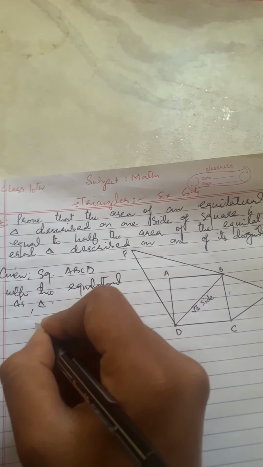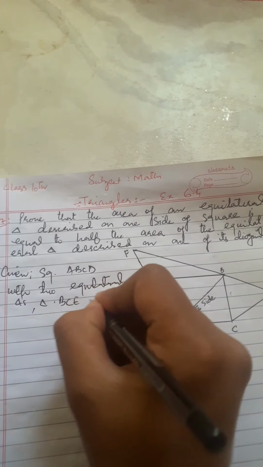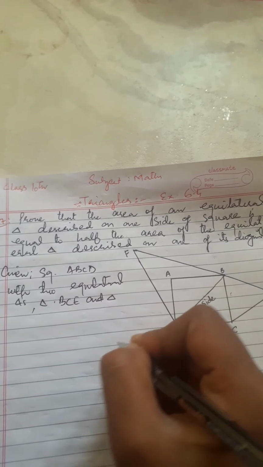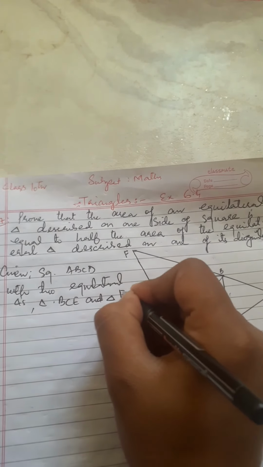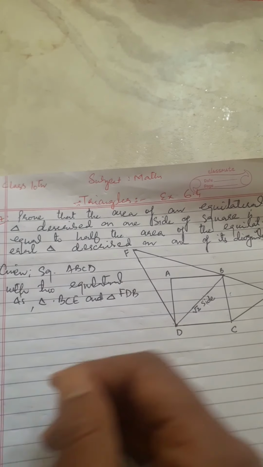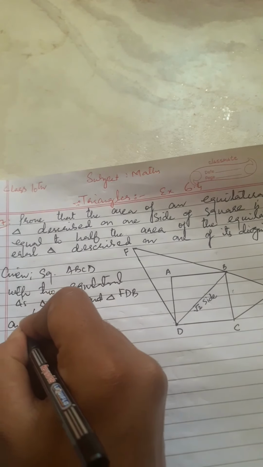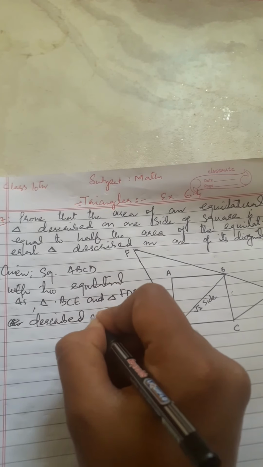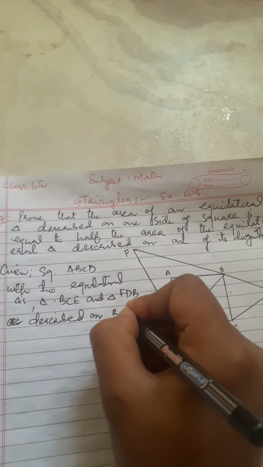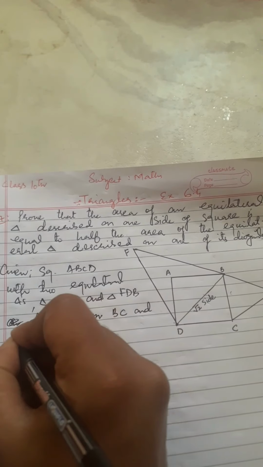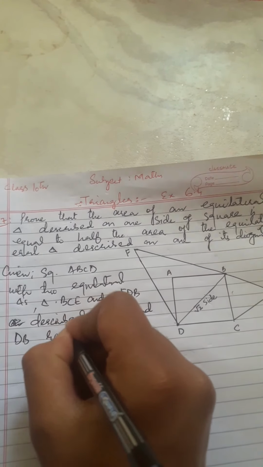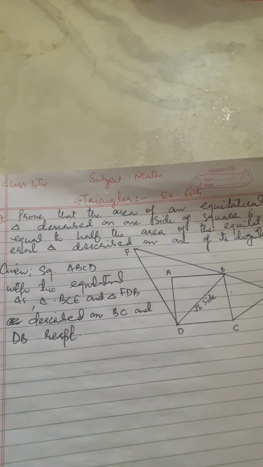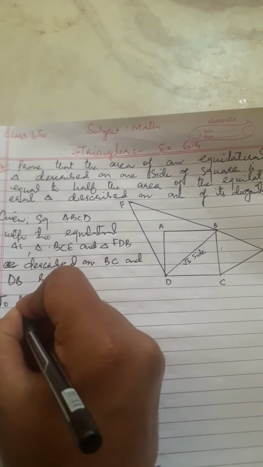triangle BCE and triangle FDB described on BC and DB respectively. To prove,